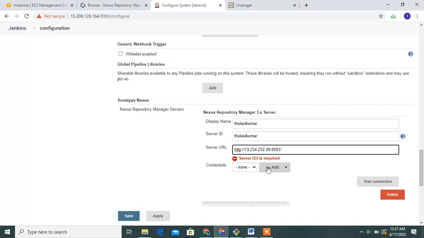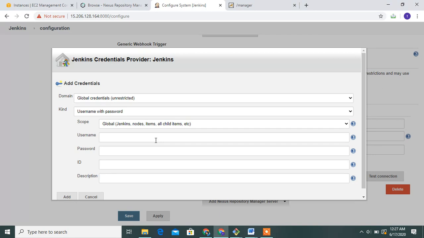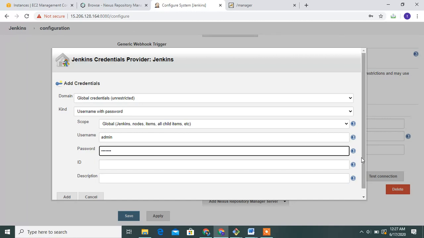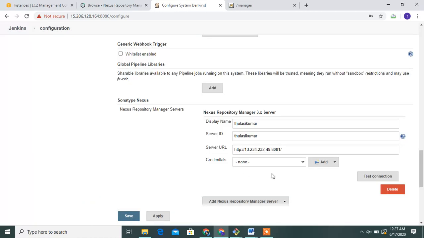Then add the credential, guys, Nexus credential. Go to the credential, add the credential, username is admin and password is Tulsi. Then add the credential, and select the credential admin.